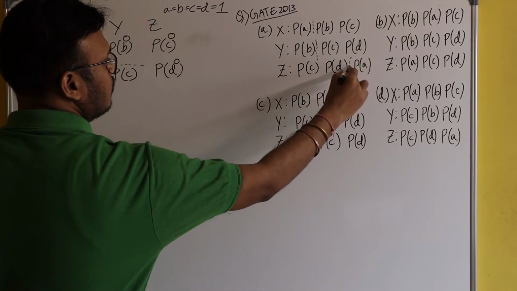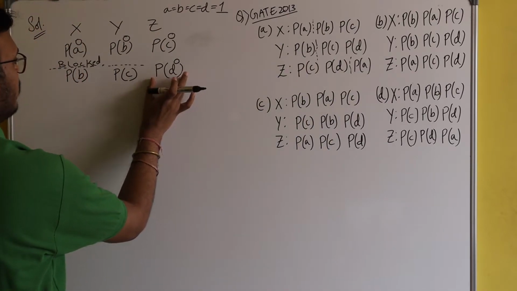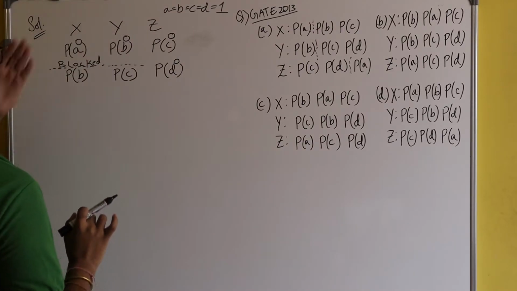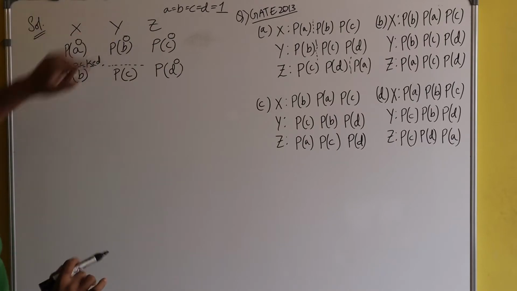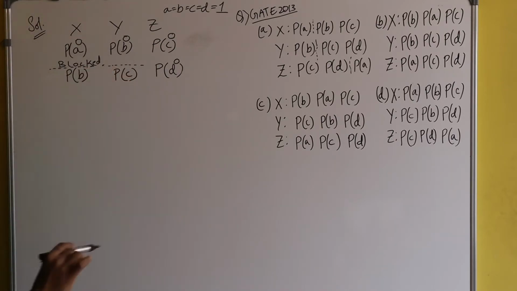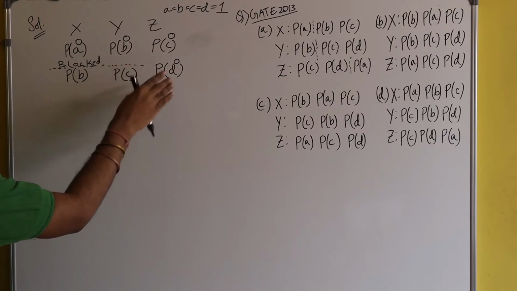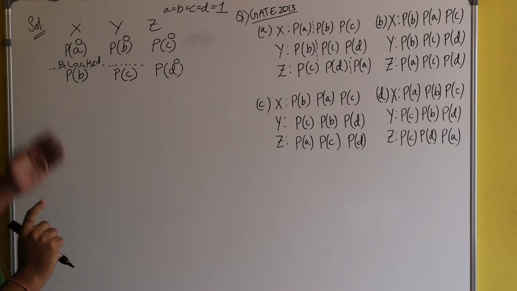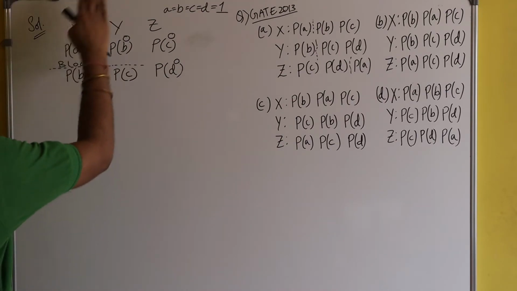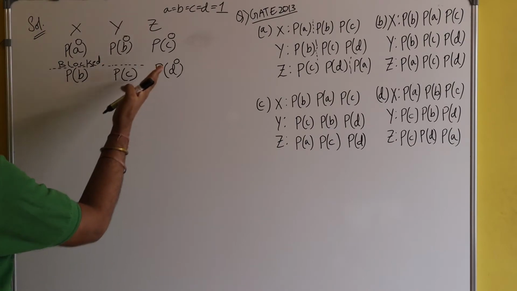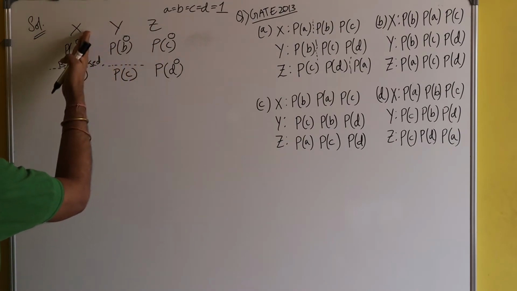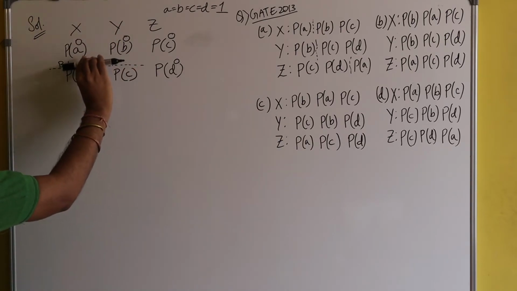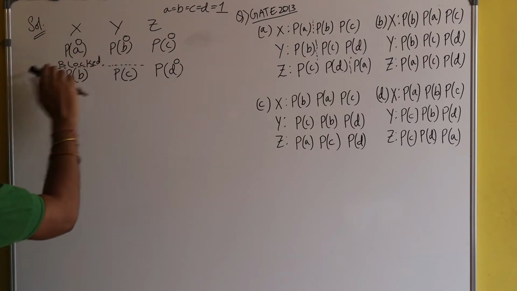Now, after applying this operation, if the CPU is given to X or Y, they still can't execute, because both X and Y are blocked at this point. They will remain blocked till the value of B or C is 0. Now the CPU is given back to process Z, because if the CPU was given to process X and Y, nothing happened, since process X and Y are blocked at this point.